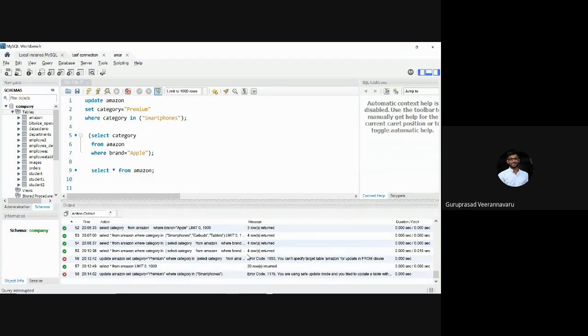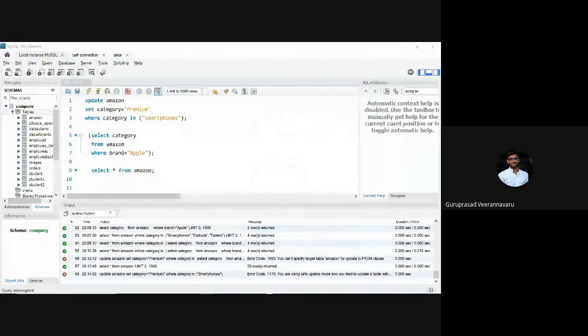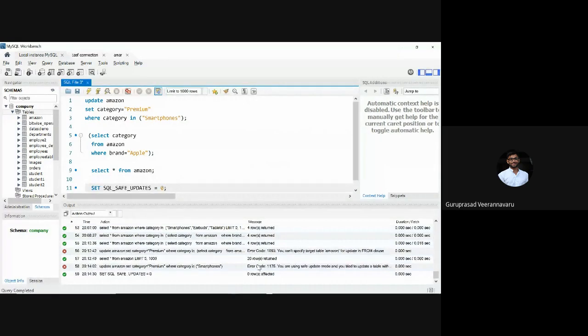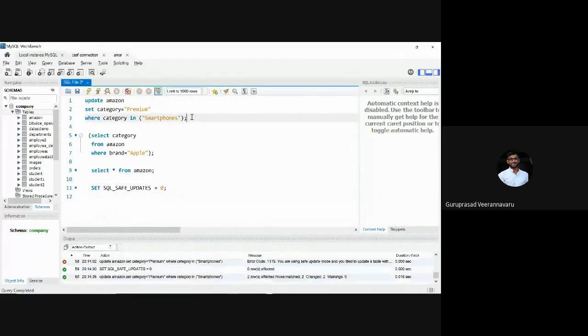Oh, okay. We are using safe operator. 1 second. How do we disable safe mode in MySQL? It is set sql_safe_updates to zero. Control enter. Now let us try this. It now shows 2 rows affected. Now let us try this. So now if I run this,